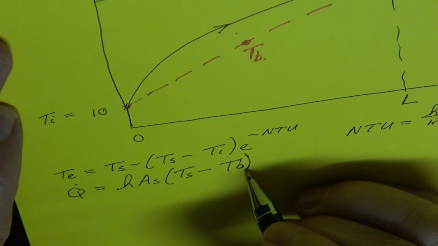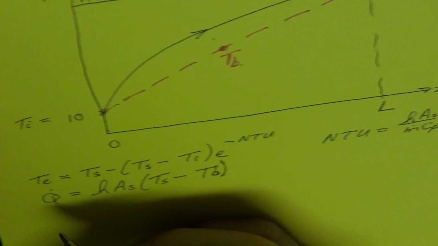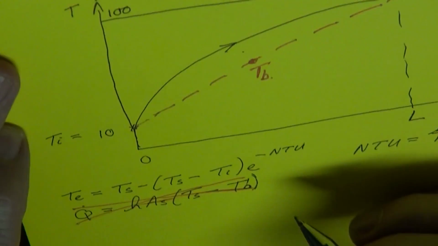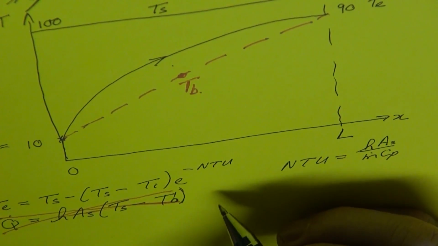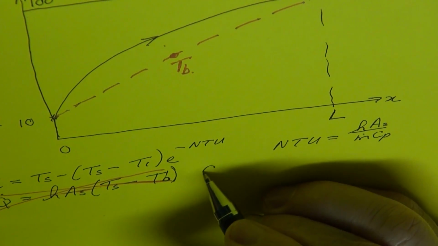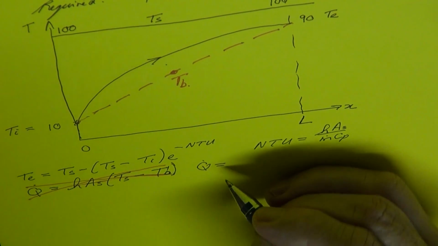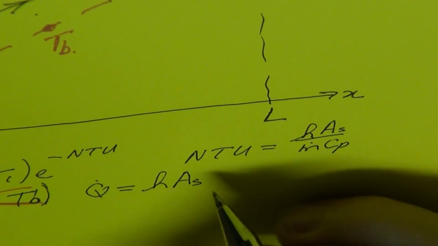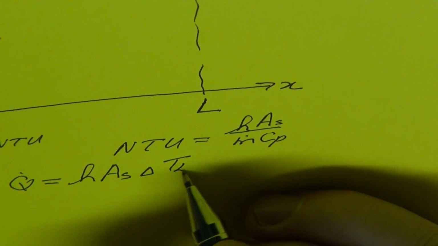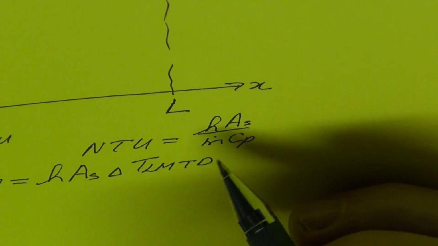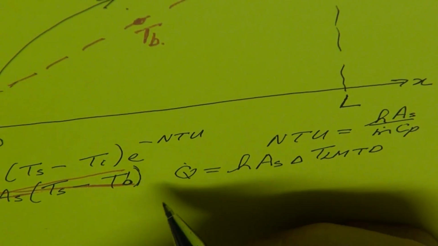Now, with these types of problems, we cannot use this equation. It is not valid because of the fact that we've got this exponential increase, e to the minus NTU increase, in the temperature. For these types of problems, we can only calculate the heat transfer rate accurately as equal to the heat transfer coefficient multiplied by the surface area, and we have to make use of the log mean temperature difference, the LMTD. So this is really the essence of a constant